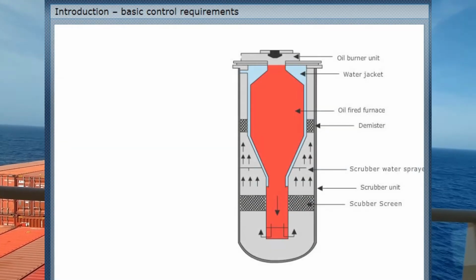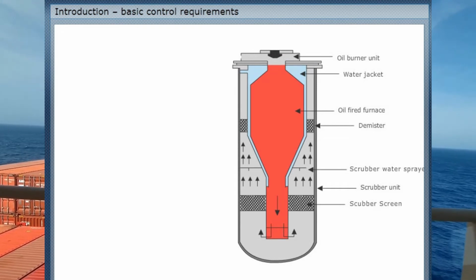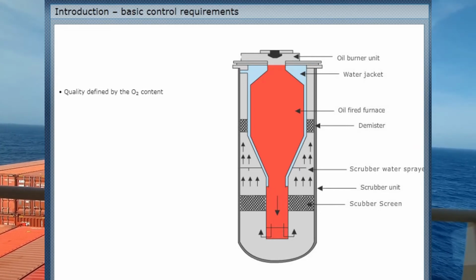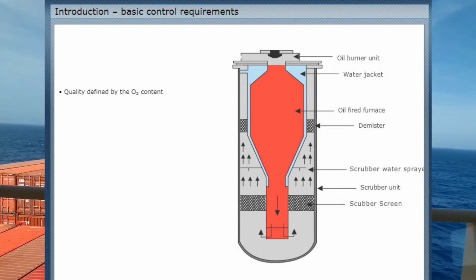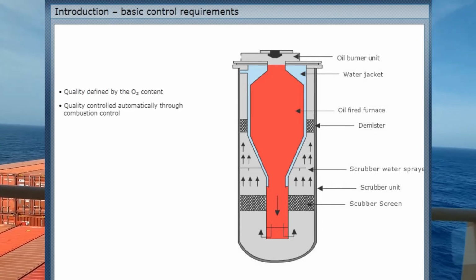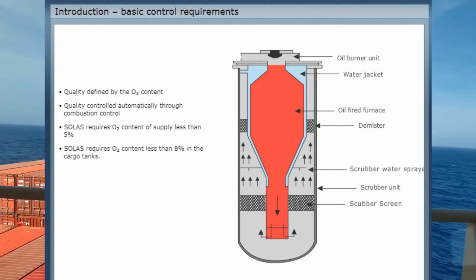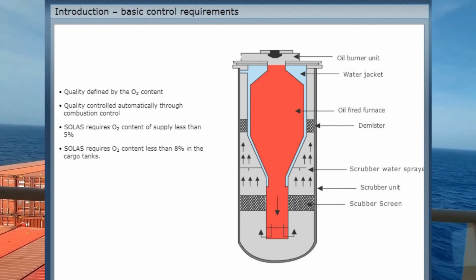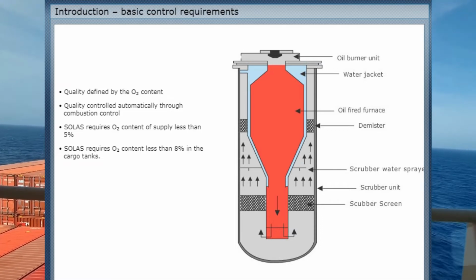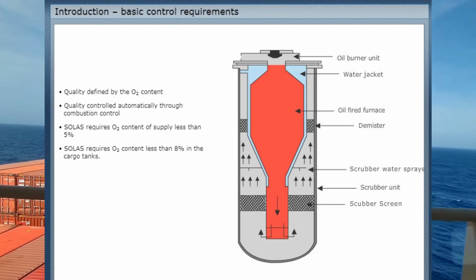The key parameters for any inert gas supply are the quality and quantity of the inert gas being supplied by the inert gas generator. The quality of the inert gas is defined by the oxygen content of the gas. The oxygen content is usually monitored at the scrubber unit outlet. Any difference between the measured and required oxygen content is generally used to generate a signal to automatically adjust the combustion control system. It is a SOLAS requirement that inert gas systems must be able to supply inert gas with an oxygen content of no more than 5% and maintain an oxygen content of less than 8% in the cargo